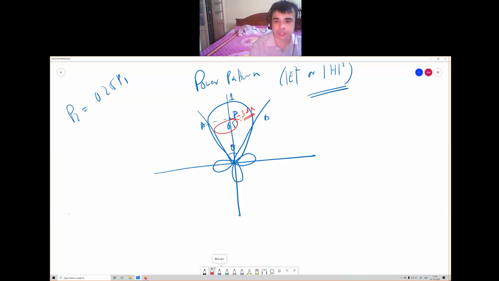Simply use this formula, 10 log 10 of 0.5, which gives minus 3. So we can plot our radiation pattern in terms of absolute value of electric or magnetic field, or in terms of power in linear scale in watts, or in terms of dB. The dB one is the most